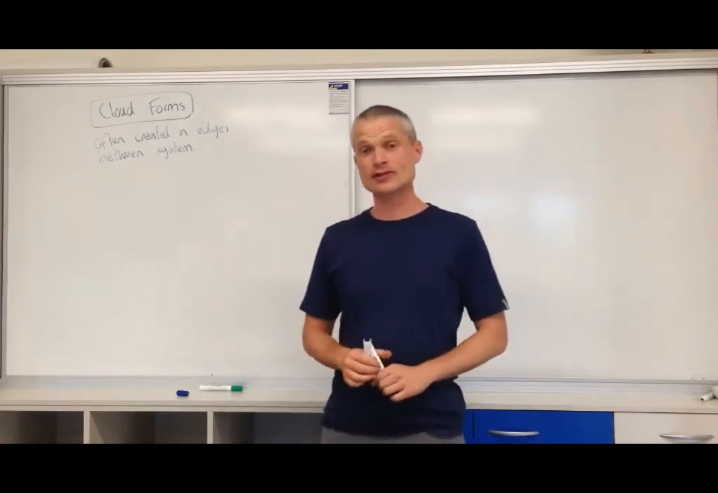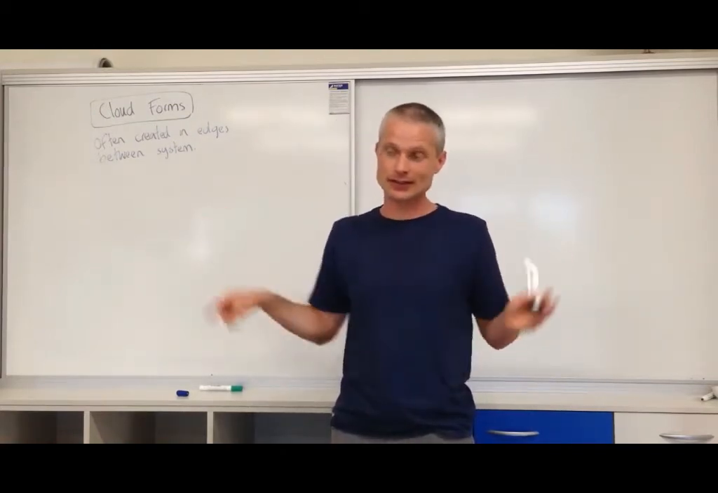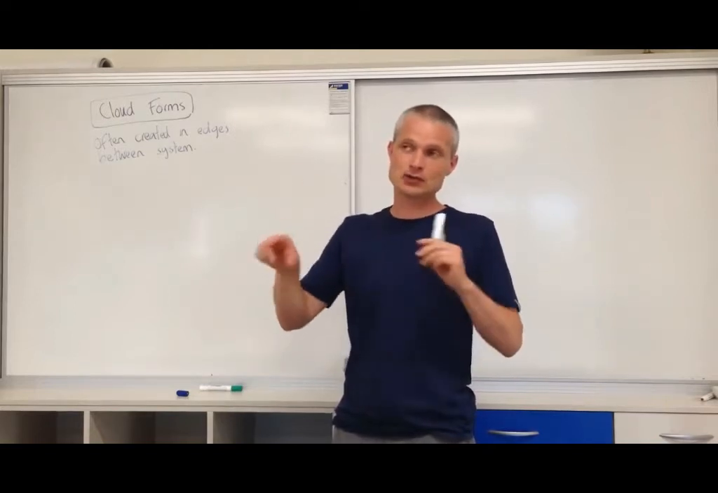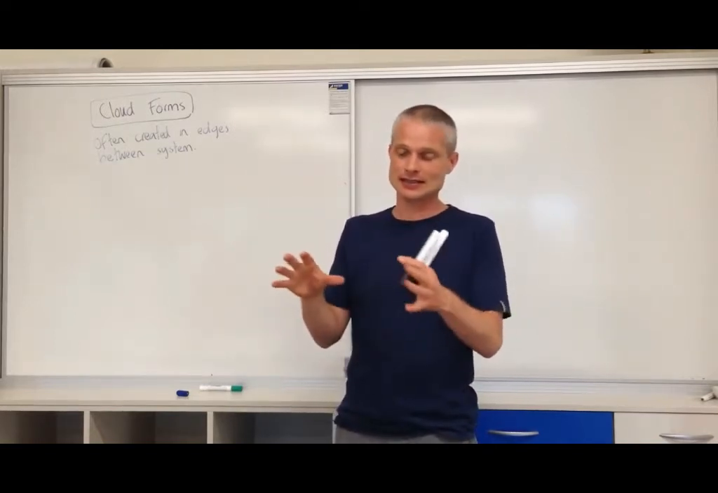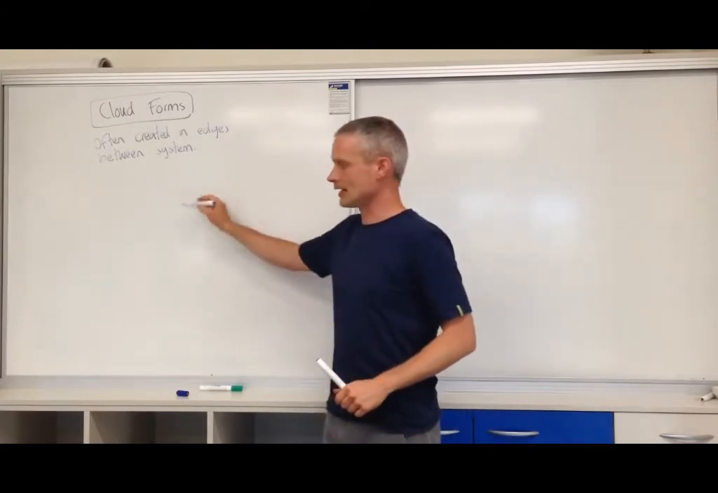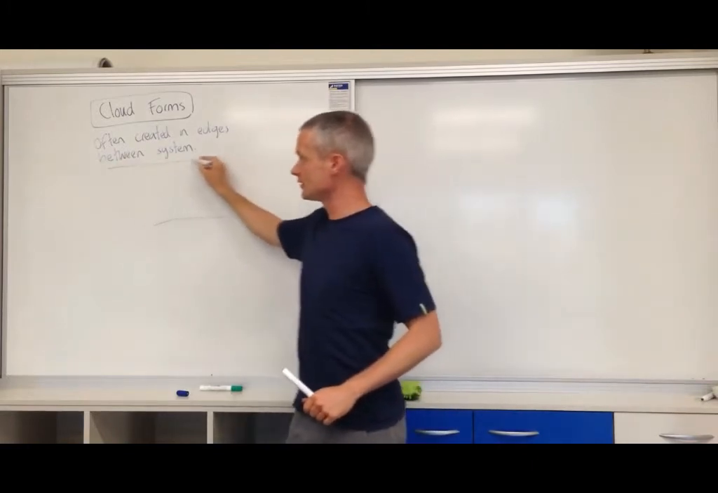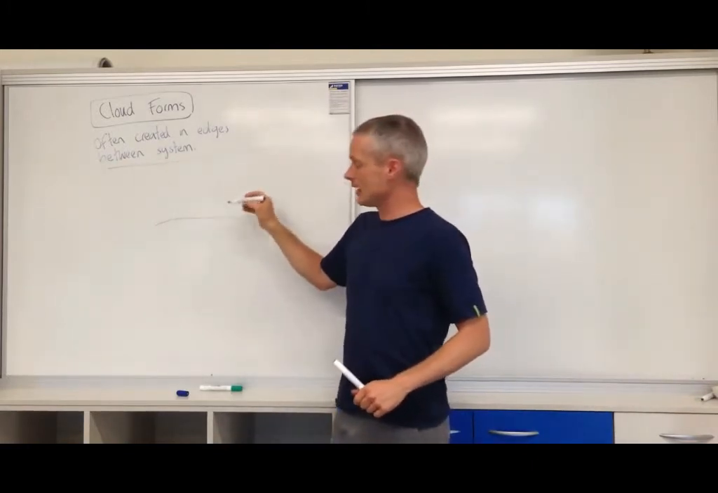Cloud forms are another common type of pattern, where you've got two different systems within a larger landscape, and the edge between those systems often creates a cloud form pattern. So it may be that you've got a grassland system, your typical New Zealand grazing system, and in nature